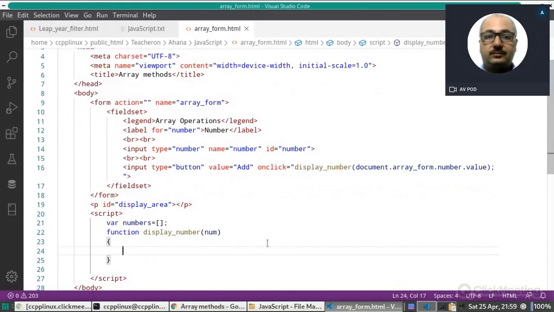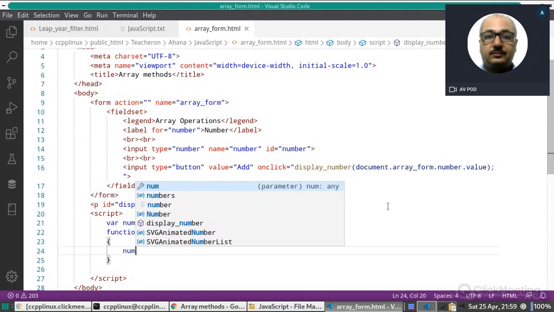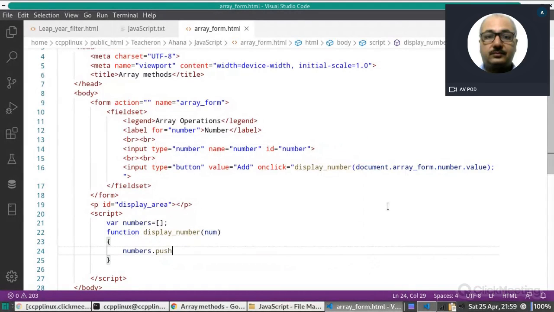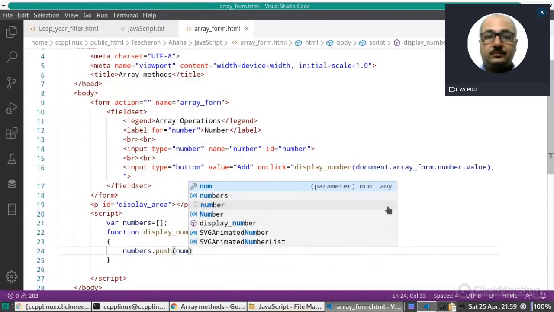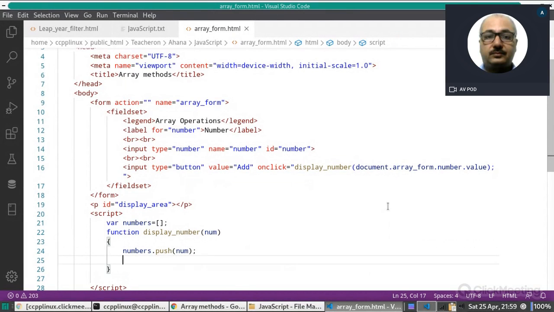Now here we will simply push this number inside this array. So here we can write numbers.push(num). This number becomes part of this array.